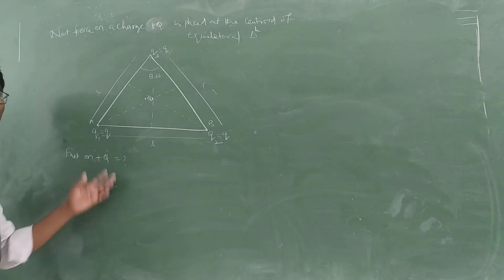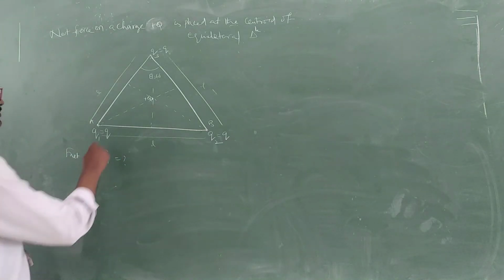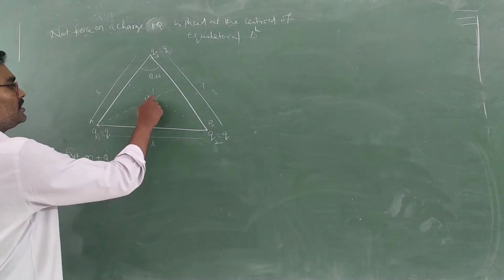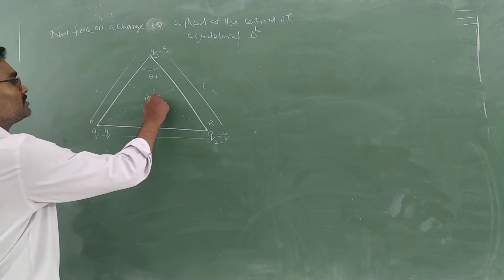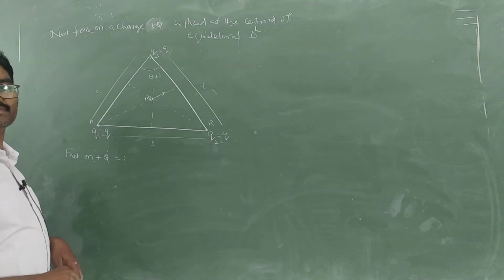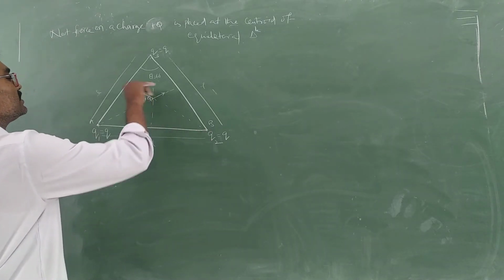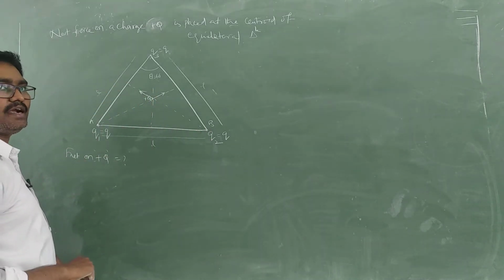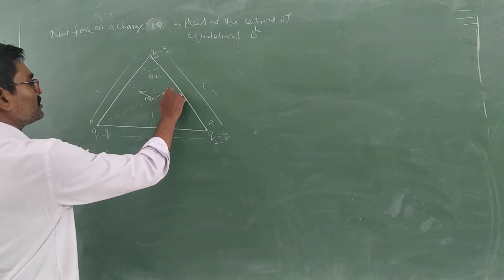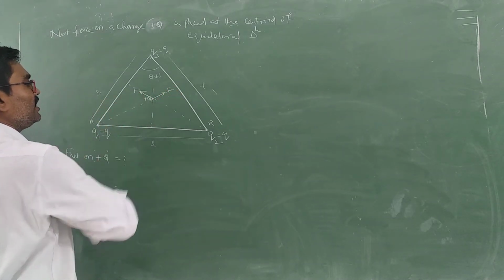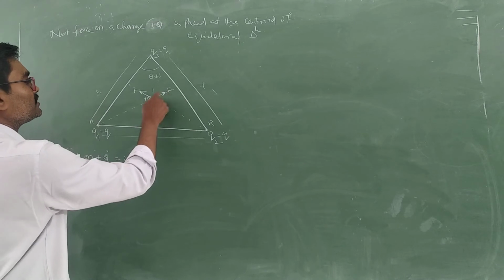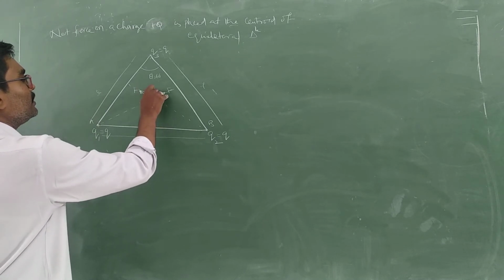So what is the value? How to calculate, man? See here. This is a positive charge. This positive charge is there. This will be pushed in this direction. Correct? This positive charge also will push this in this direction. Correct? So this is with force F, and if this is with F, then what about the resultant of these two? F will be in upward direction.